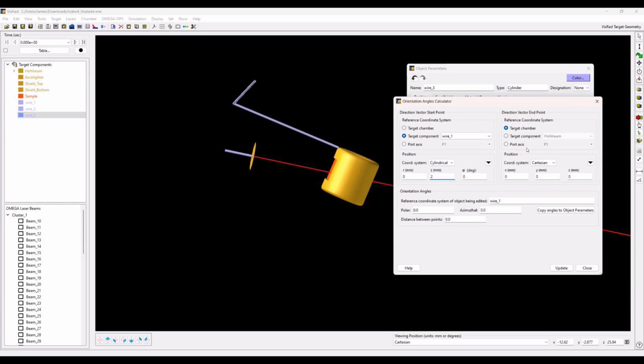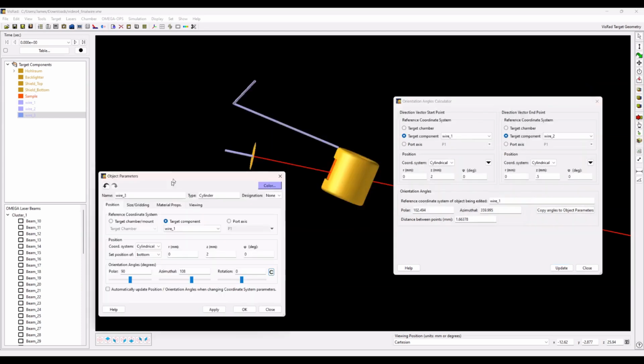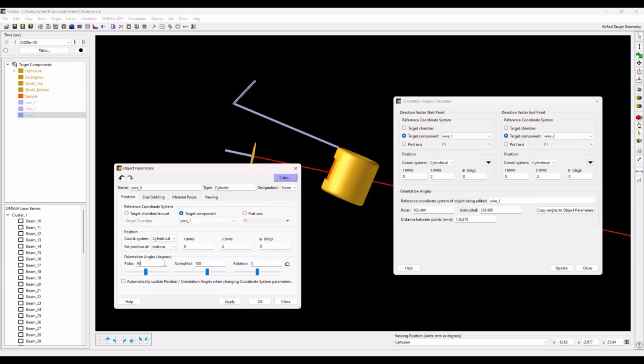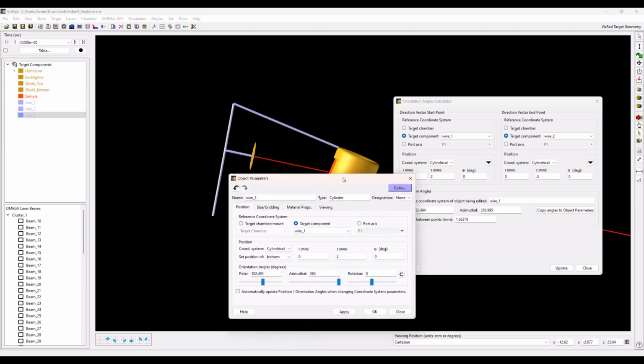And we'll want the endpoint to be our wire 2. Once again, we'll set it to the end of that wire. And this time we're going to use a z of 0.5 because its length was 1. When I hit update, we can generate the reference orientation angles in the wire 1 reference frame. So if I bring this over again, we will set the polar angle to 102.494, the azimuthal to 360, and if I hit apply, we can see our wire swings down and hits wire 2,